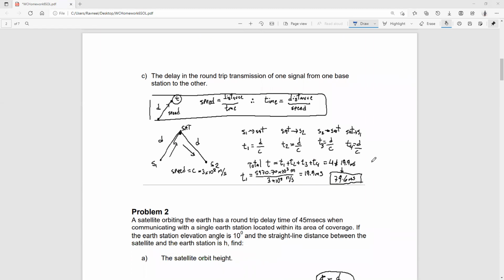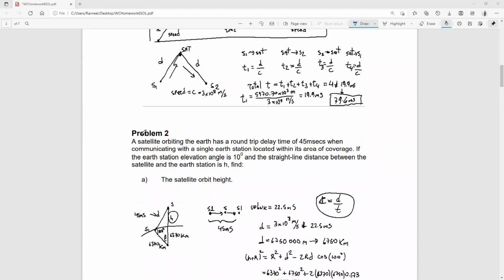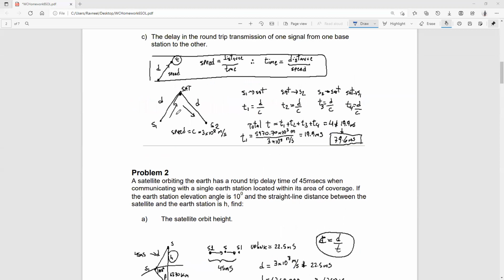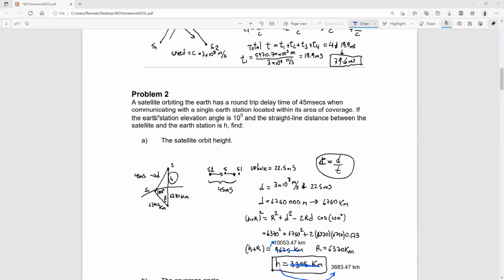So that covers question number 1. Moving on to question number 2, or problem number 2. A satellite orbiting the Earth has a round trip time delay of 45 milliseconds when communicating with a single Earth station located within its area of coverage. Remember, for the previous problem there were 2 satellites. In this particular case, there is a single satellite and a single Earth station. If the Earth station elevation angle is 10 degrees and the straight line distance between the satellite and the Earth station is d, find the